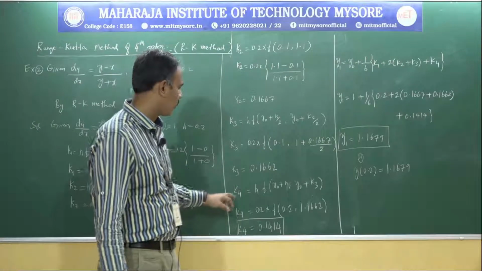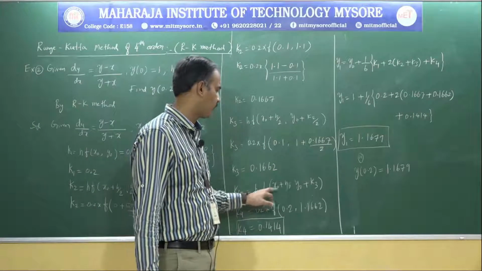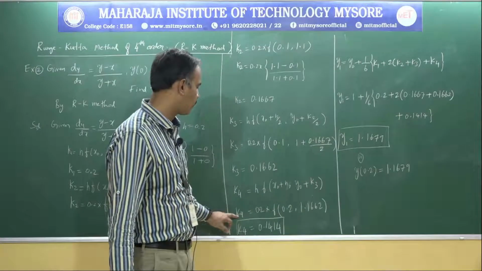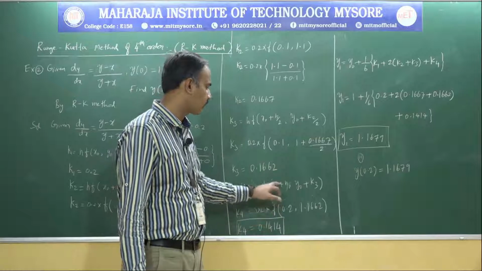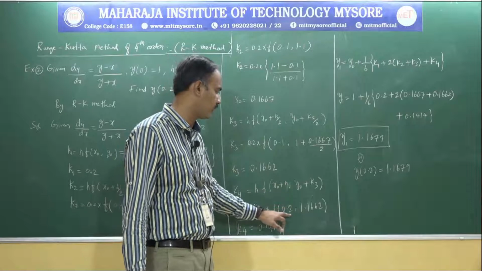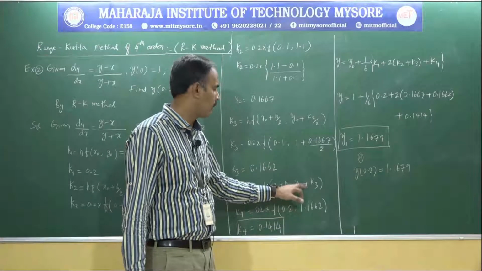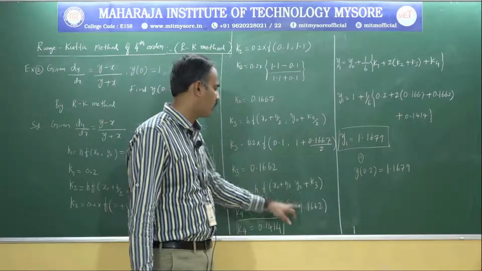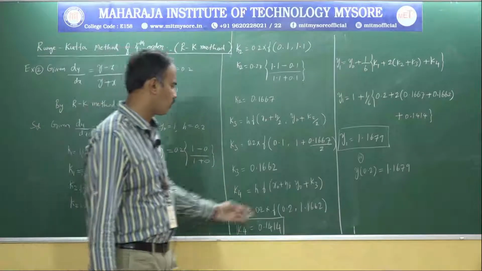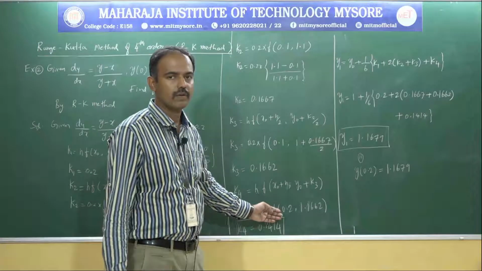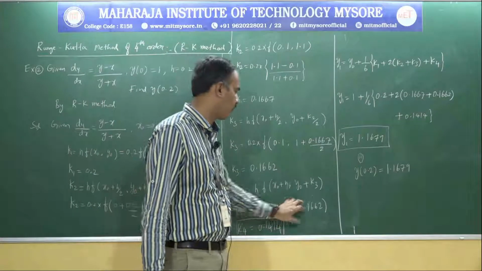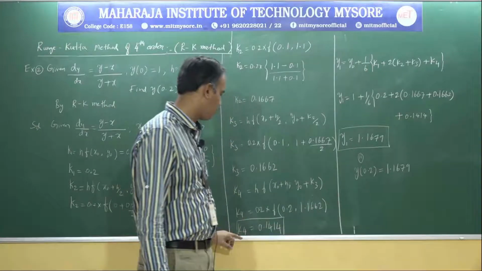Now the next one, k4 is h times f of x naught plus h comma y naught plus k3. K4 is 0.2 into f of x naught plus h. The x naught value is 0 and h is 0.2, that's why 0.2 directly, comma y naught 1 plus k3 which is 0.1662, giving 1.1662. After the substitution in the function, the y minus x by y plus x form, with the x value along with the y value, we get the k4 value